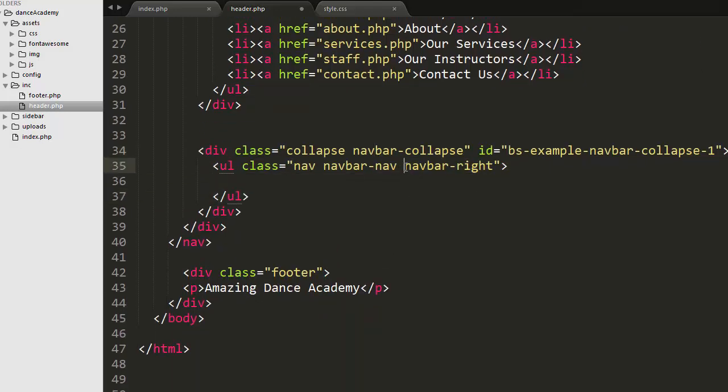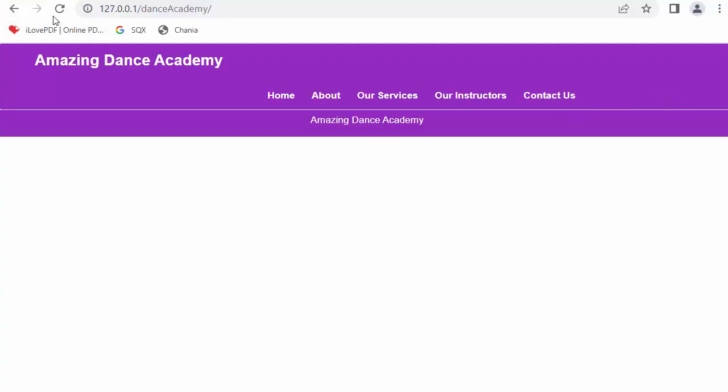As you can see, there is a navbar right portion to display the register and login options, which I want to display here on this extreme right side. Okay,